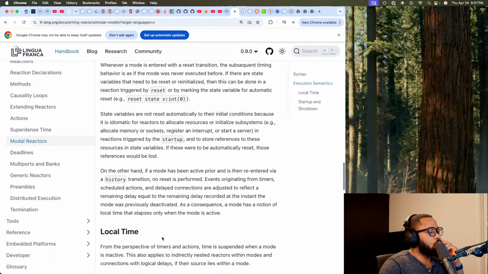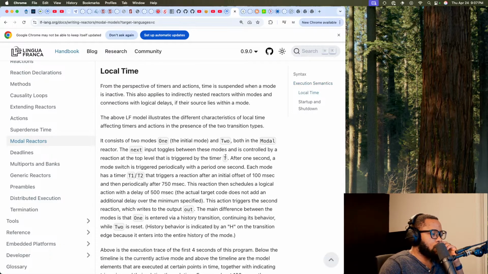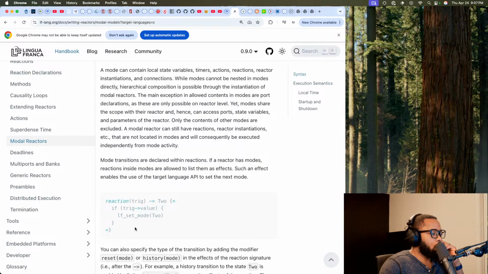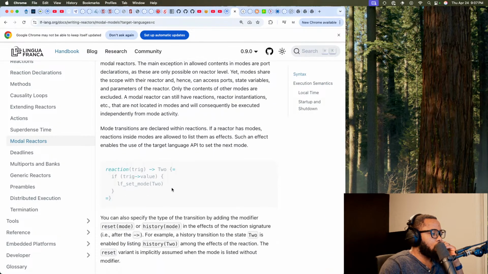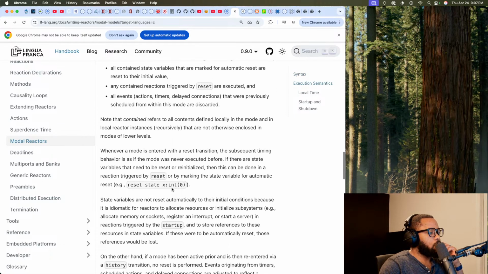Okay, it's not clear which one exactly. At least there's no mention in the actual code example, I don't see some of the stuff that they're referring to here.